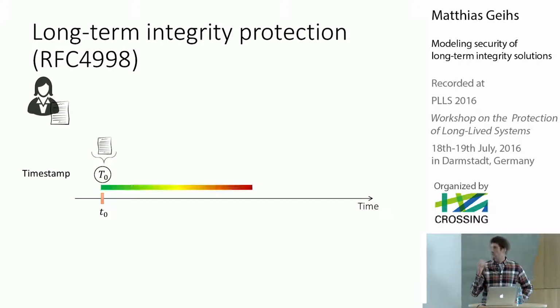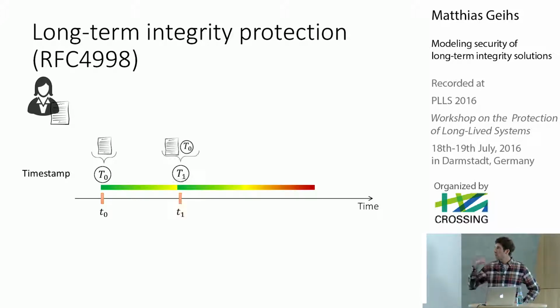It has a certain period of time for which it remains valid, for example the validity of the digital signature or of the public key certificate. Before that validity period is over, we have to prolong it. It is specified that you prolong it by getting a new timestamp which is currently valid on the document